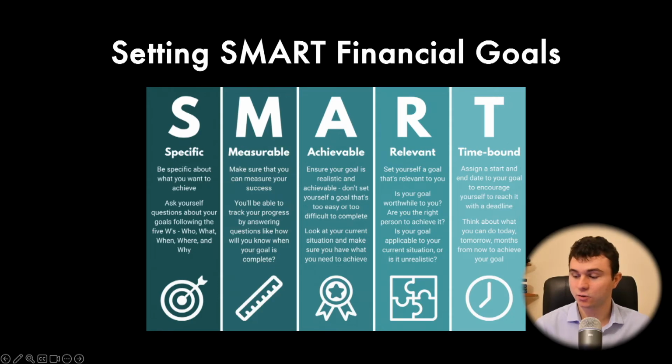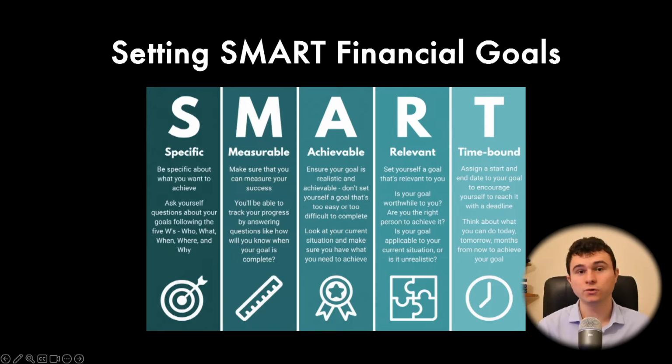And finally, your goal must be time bound. State when you will get it done. Do you want to build a portfolio in 1 week, or do you want to study first and after 3 months create your first portfolio? Some people want to create their portfolio and learn along the way. They just start with some stocks, and as they start investing, they continue learning and learning and learning. But other people wait some weeks, some months before taking action. That's part of your strategy.